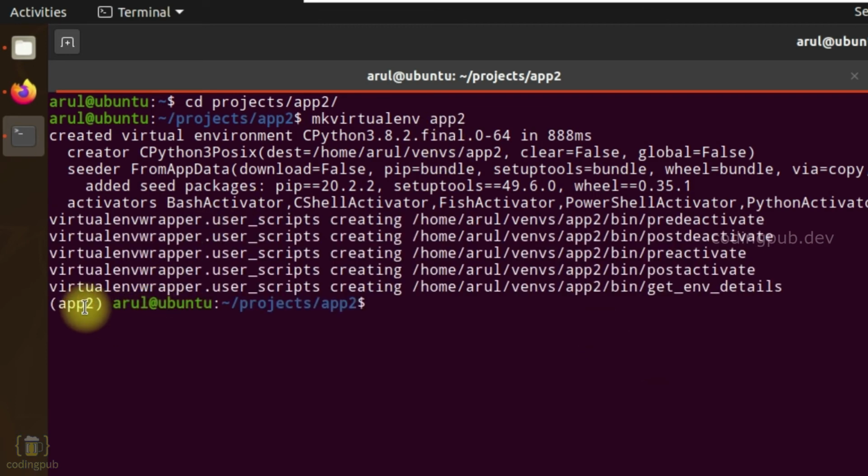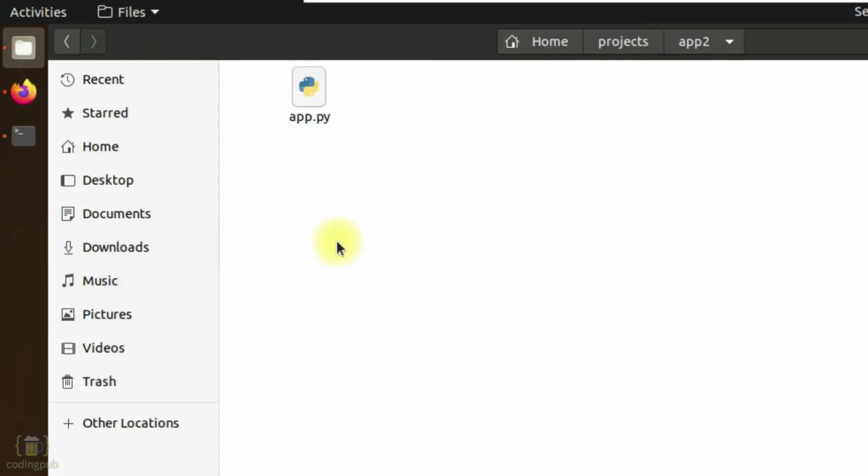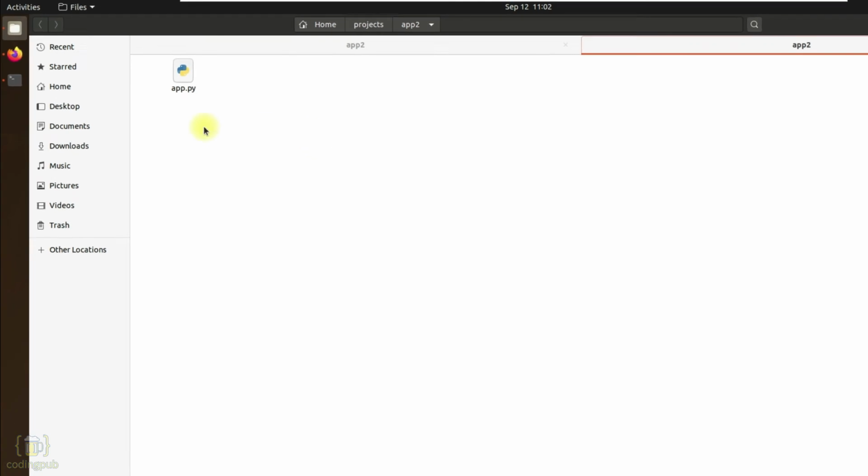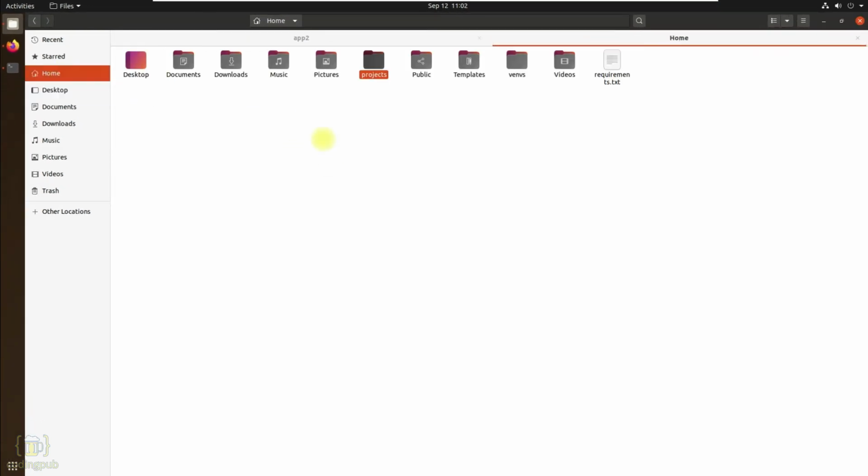As you can see, our virtual environment has been created in a couple of seconds and the virtual environment has been activated. When we go to the project directory, there won't be any directory created here for the virtual environment, because if you remember, we set WORKON_HOME in our .bashrc file for creating the virtual environments. Let me open that directory here in the file explorer.